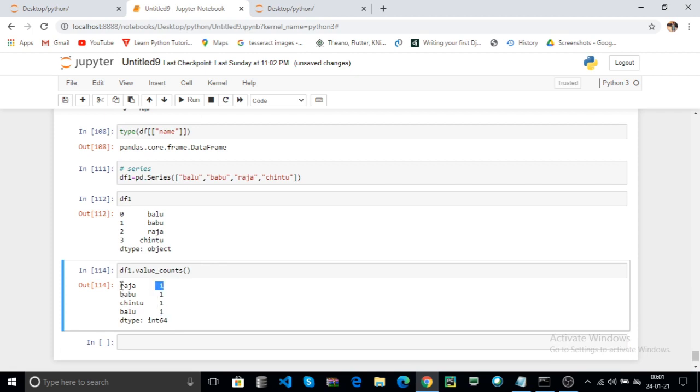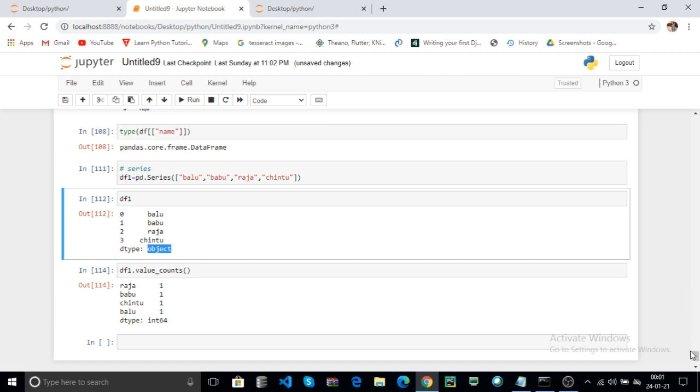For example, Raja has one occurrence in your series. Babu has one occurrence. Chintu has one occurrence, and so on. It returns the data type int64. Why does it return int64? Because the 1, 1, 1, 1 are numeric, so it returns integer 64. Before, this was the object type.